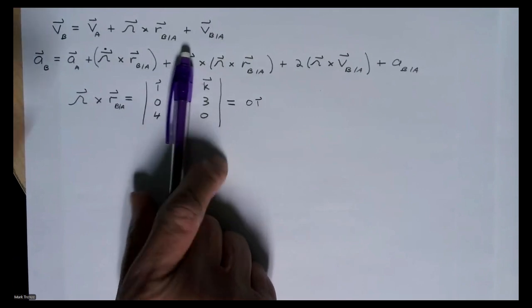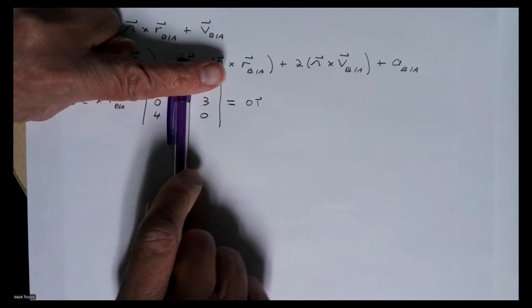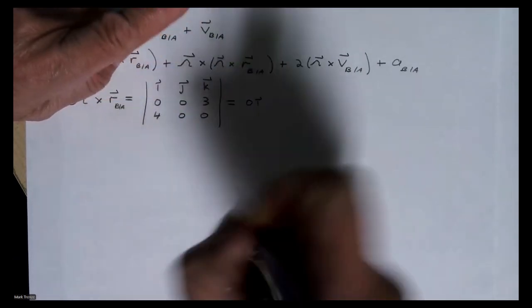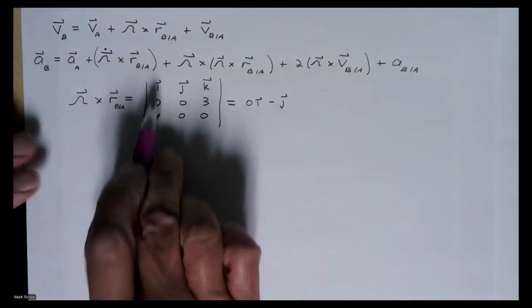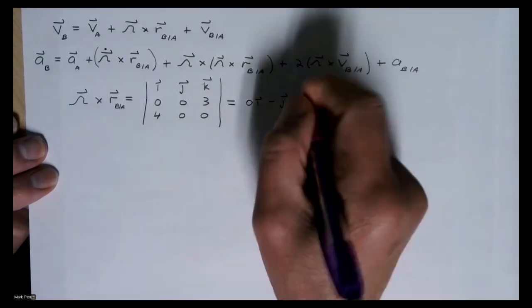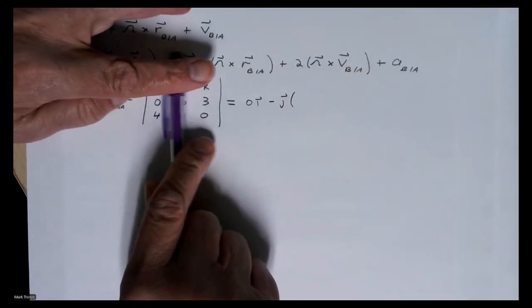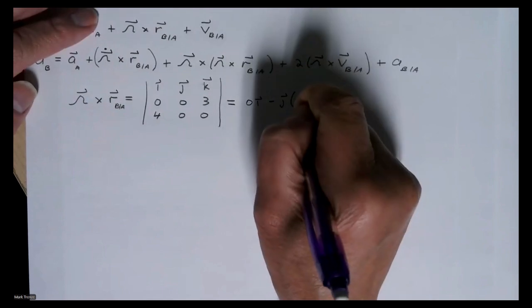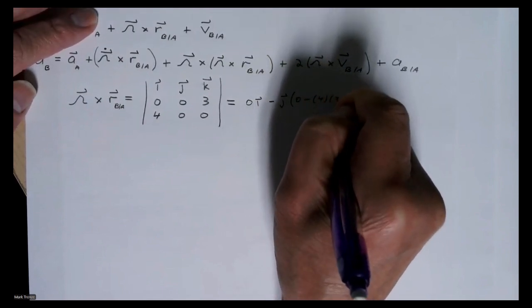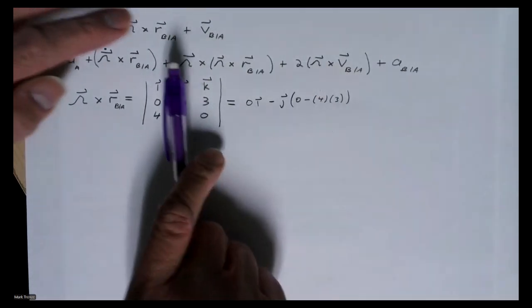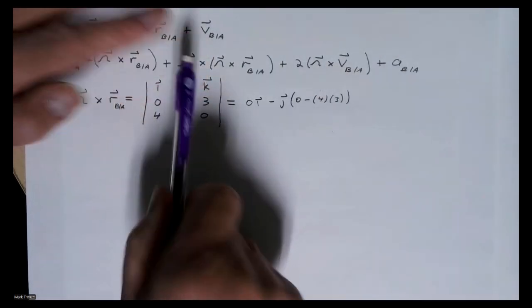And now we'll cover this and do this determinant. So that'll be 0. Remember, the J is a negative. Remember, the first one's positive, negative, and then it's 0 times 0 minus 4 times 3, which is that one there,